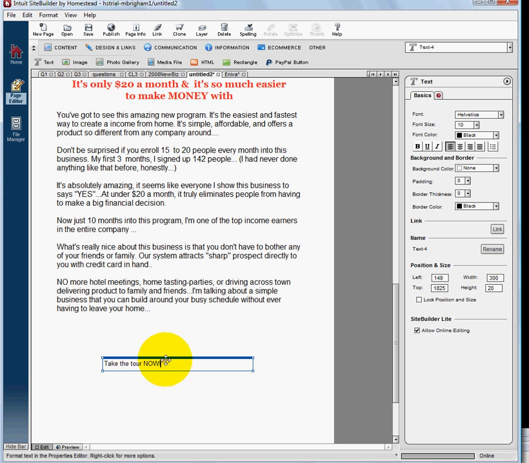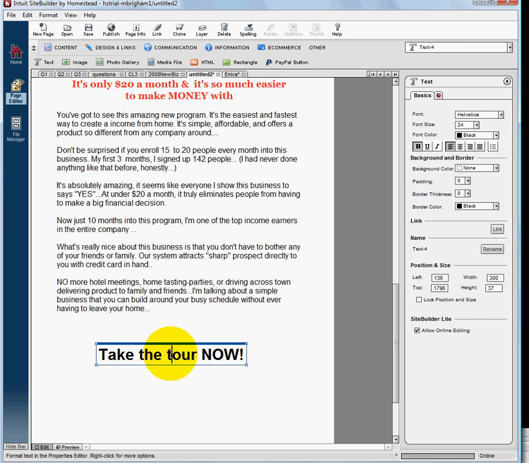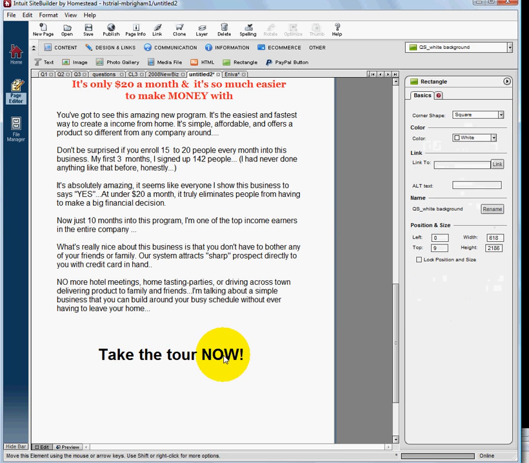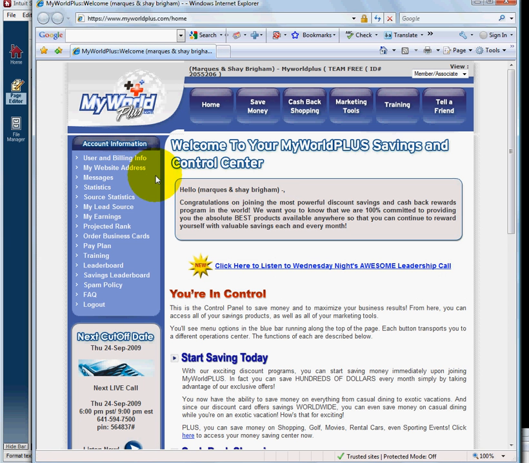Something like that. So all I'm going to do is simply highlight that and maybe make it a little bit bigger, bold it. Now, of course, people can't click on that. I have to assign it to a link. So now that I have it typed up, we want to go ahead and highlight it. And then we're going to go into our Miro Plus website, which I have queued up. Go into your back office, grab your web